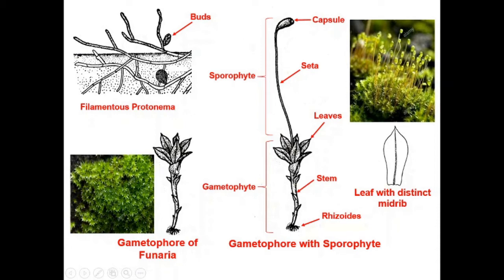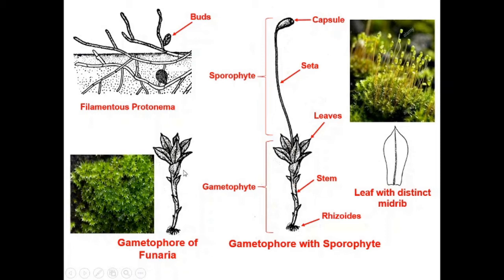The leaves are small and lanceolate and are spirally arranged on the stem. The leaves contain a single prominent midrib but show absence of the lateral veins. Here you can see in this image the leaf contains a single prominent midrib but shows absence of the lateral veins. The leaves are also termed as the phylloids because of their simple nature. Unlike the true leaves, these leaves show absence of the stomata on their surface.